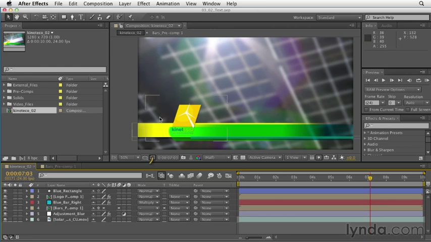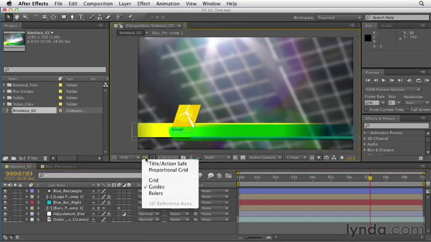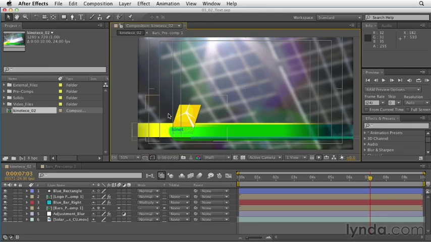It's down here in the comp viewer on the left-hand side next to your magnification pull-down. If you click on that button, notice there's an option for title and action safe. Go ahead and select that. And these lines that pop up are guides. And basically, any important graphics should be inside this first large rectangle, and any text should be inside of the